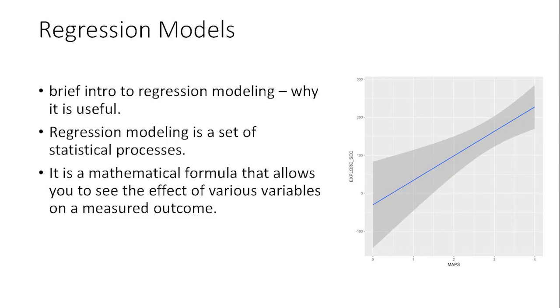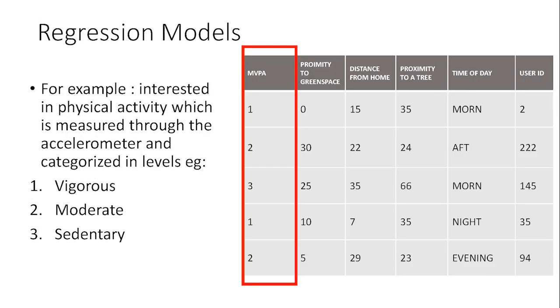So, regression models. Here I'm just going to give a real quick, brief intro into regression modeling and why it's useful for this type of data. Regression modeling is a set of statistical processes. It's a mathematical formula that allows you to see the effect of various variables on a measured outcome. So for example, if this was your data set and you had collected, highlighted in red, MVPA, which is an acronym for a type of categorization of physical activity. You've grouped them into 1, 2, and 3 for their different levels. And you want to find out the effect of all these different parameters or elements on the physical activity of